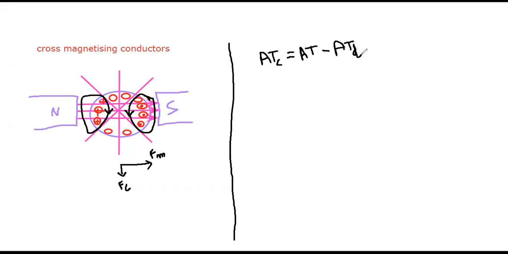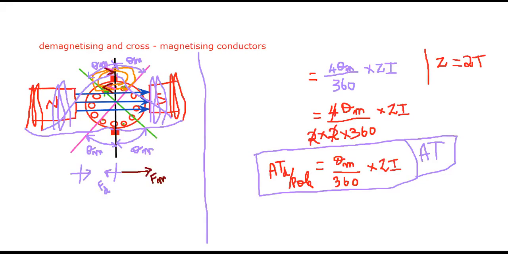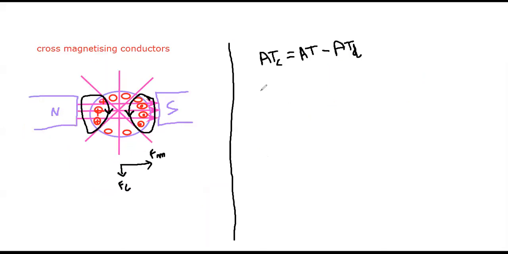Now we want to calculate the value for the demagnetization. What is the final value we obtained here? Let us rewind to the previous one. This is the formula we arrived at: theta m divided by 360 into Zi. So this is the formula for the demagnetization. The demagnetization formula is